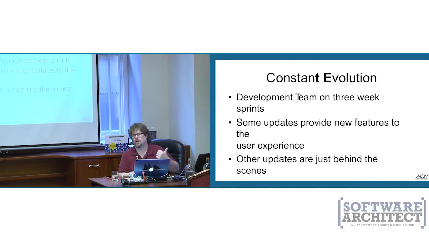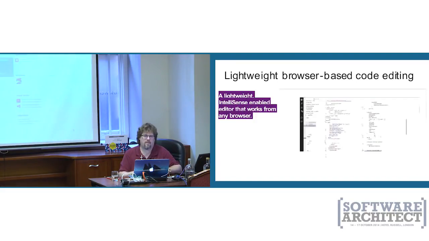So the future: constant evolution, every 3 weeks just about. A good example of something that was small but came in the last update. If I go over here to my backlog and look at a work item, and I open up this field, notice the description is taking up this small square. Well, what I can do now is they've added this little button that makes the field giant